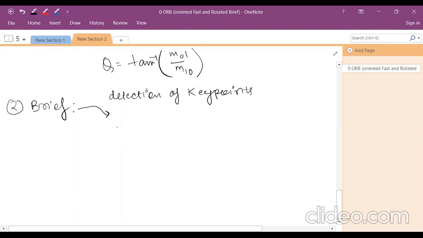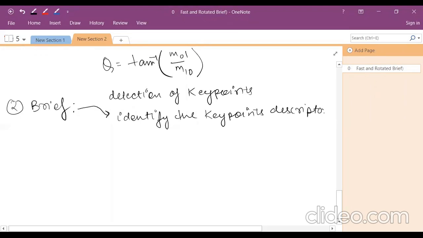But the BRIEF algorithm is used to identify the key point descriptors. So how can it identify the detected key point descriptors? The descriptors can be its illumination, it can be rotation point of view, it can be intensity, it can be the brightness. These come under the category of descriptors.